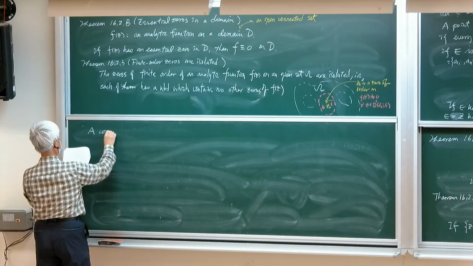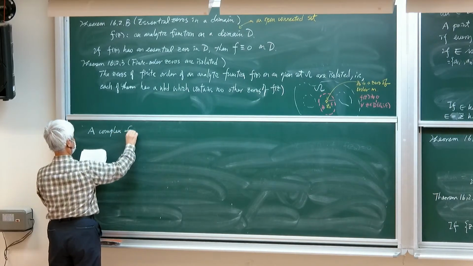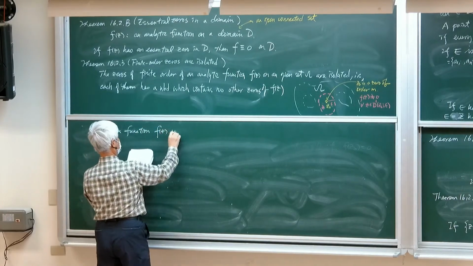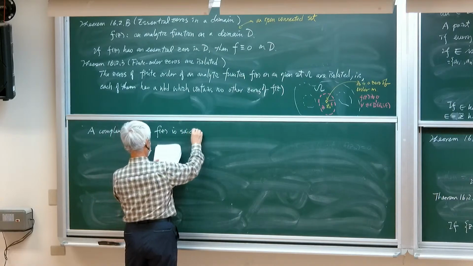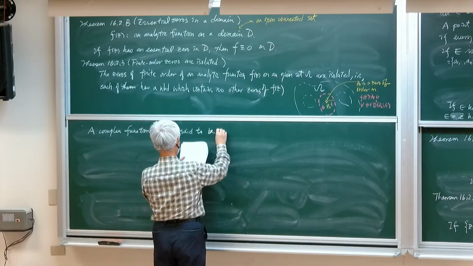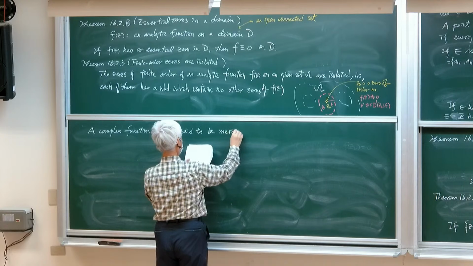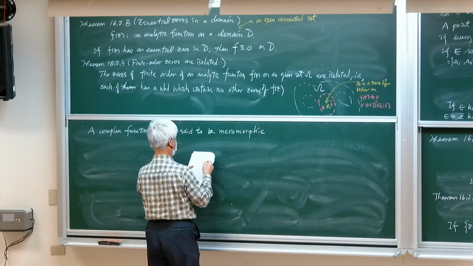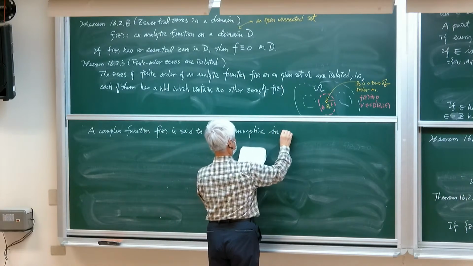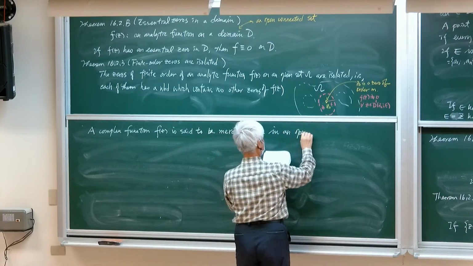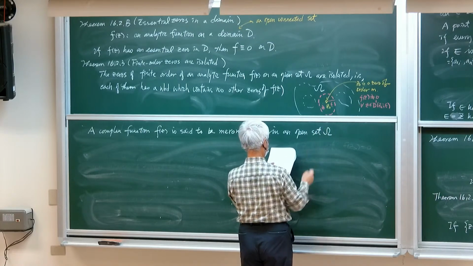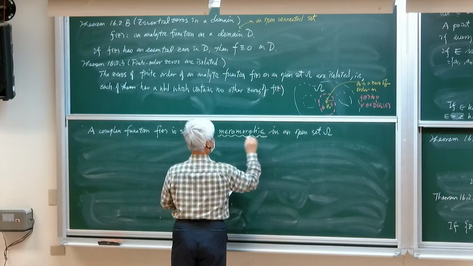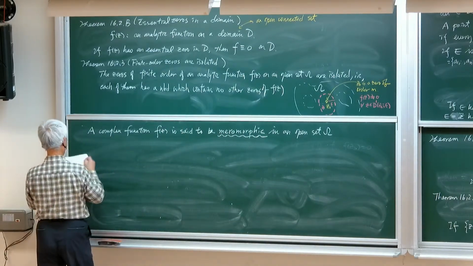A complex function f of z is said to be meromorphic in an open set omega if